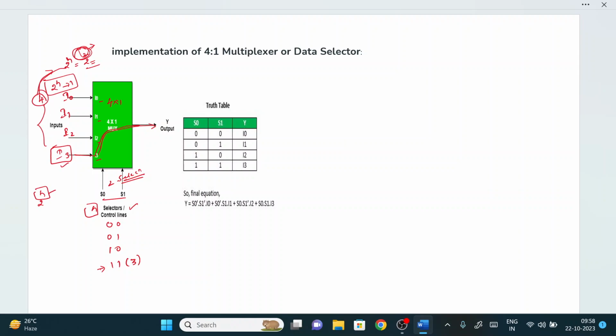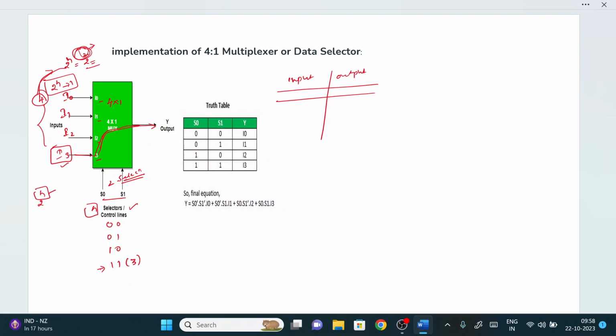Now we know there are 4 inputs, 1 output, and 2 selection lines. After this we need to draw the truth table, which is the combination of the input values as well as the output value. Remember that the inputs I0, I1, I2, I3 are input values, and the selection lines are also input values. Think of the TV remote: it has an edge over the number of TV channels. The remote has the highest priority over the channels you get from the dish operator. You can relate it like this.